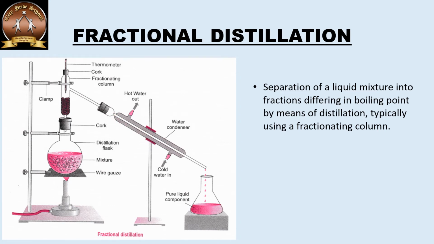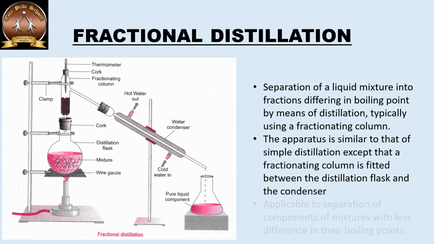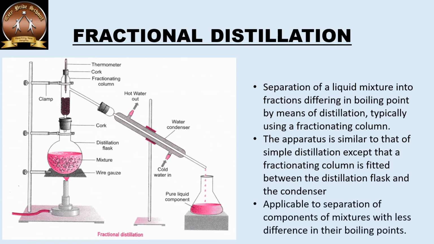Now this is the usage of the fractionating column, to make the liquid which has a higher boiling point settle down as compared to the liquid of low boiling point. So this fractionating column is used to separate out liquid components which have close boiling points, or we can say a difference in their boiling point lower than 25 Kelvin.